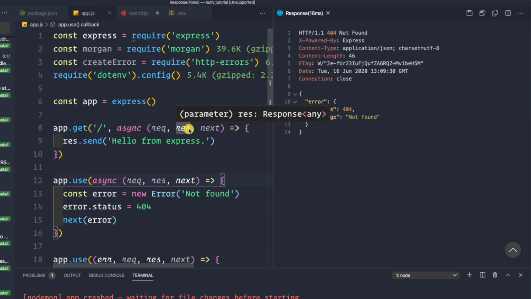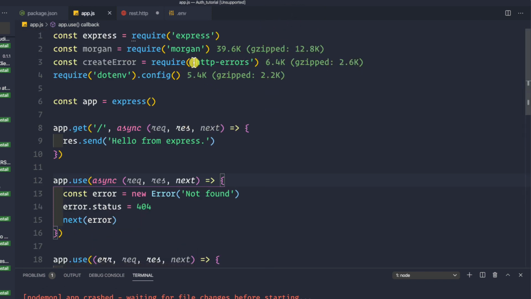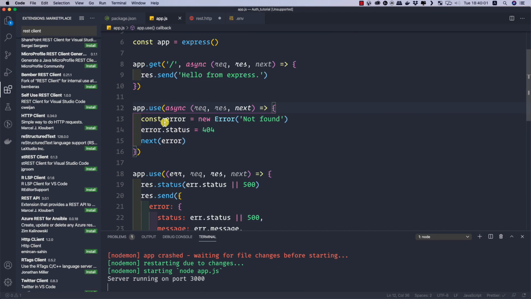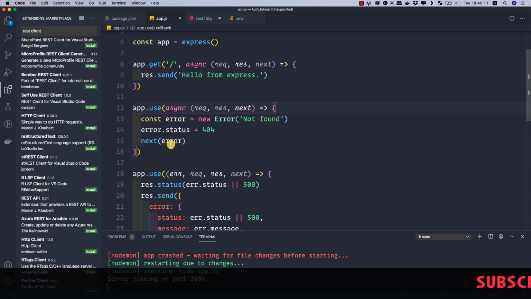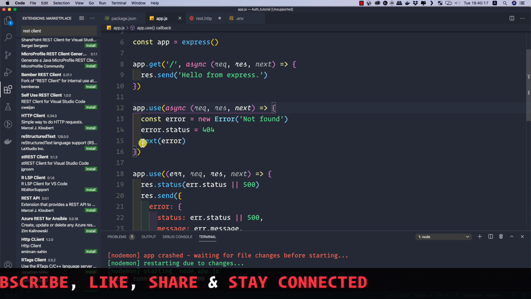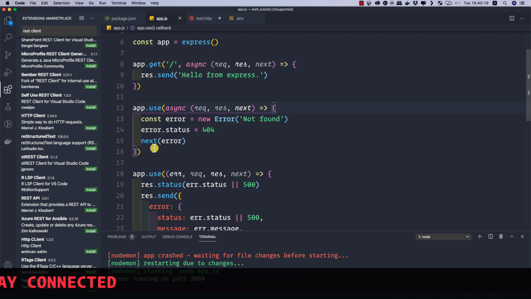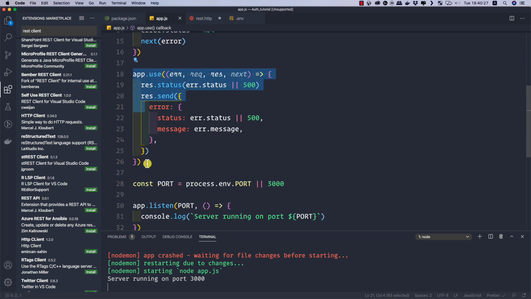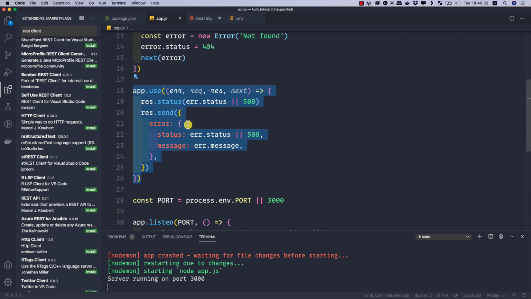And now why I use this package here, that is HTTP errors. As we saw, we are using this package called create error. As you see here, to provide an error message, you have to firstly create a new error, and then you have to set the status on that error, and then only we can call next with the error. Because whenever you call next with the error parameter as the first parameter, then this function is always going to trigger. That is, wherever inside your application you call next with the error parameter as the first thing, then this part of the application code will execute.